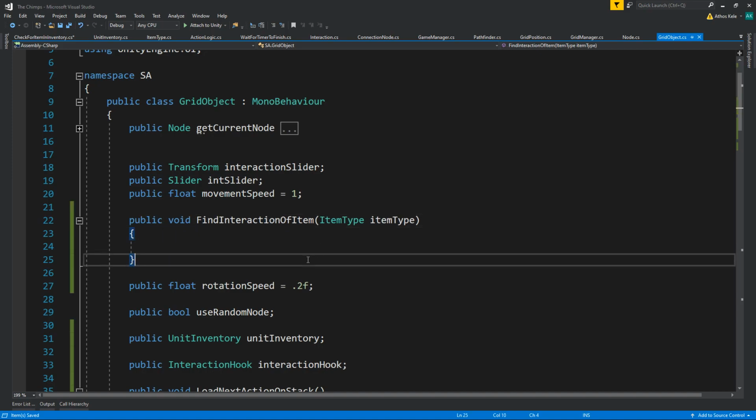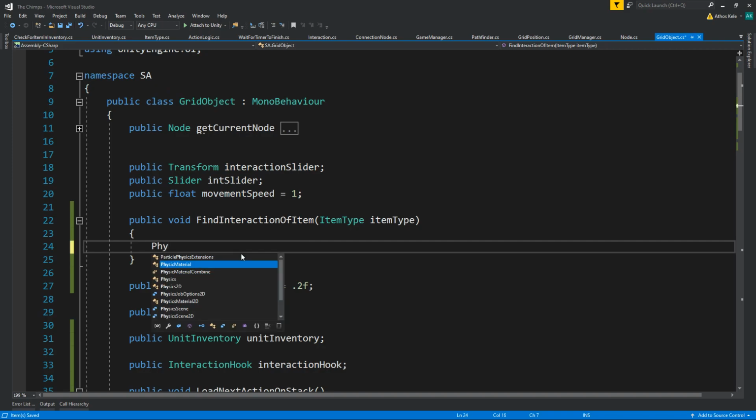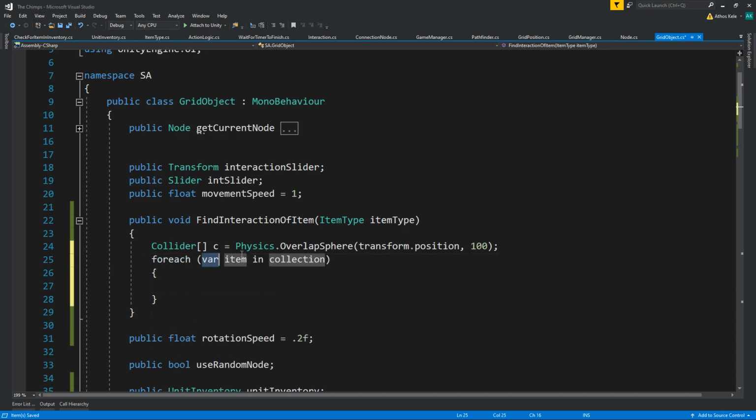So we now have to look through inside our level. For example, we can just take all our interaction. Okay, let's do this dirty, which means we're going to look for each collider that exists inside our level. And by dirty, I really mean dirty. Okay, so we're just going to do an overlap sphere, transform.position, radius of 100. So that means your entire level. Layer mask, everything, doesn't matter. So like this. Then for each collider